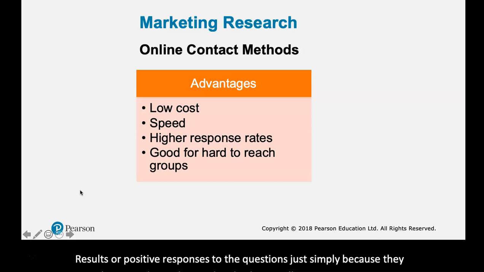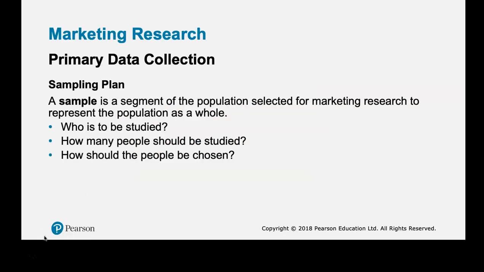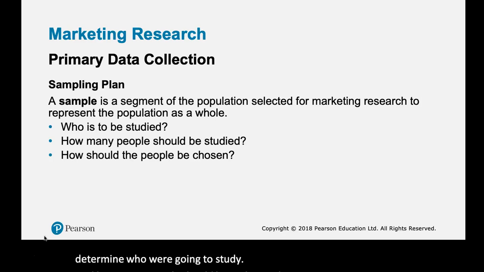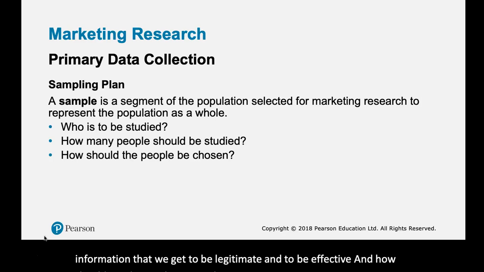Here's some online contact methods, some of the advantages of that. So if we're going to sample people for our research in order to collect primary data, what is a sample? Well, a sample is a segment of people in the population that you choose to ask questions from. So you have to determine who are we going to study and how many people should be in the study in order for the information that we get to be legitimate and to be effective, and how should we choose those people. So when you take your marketing research class, you will get all these answers, but it's very important